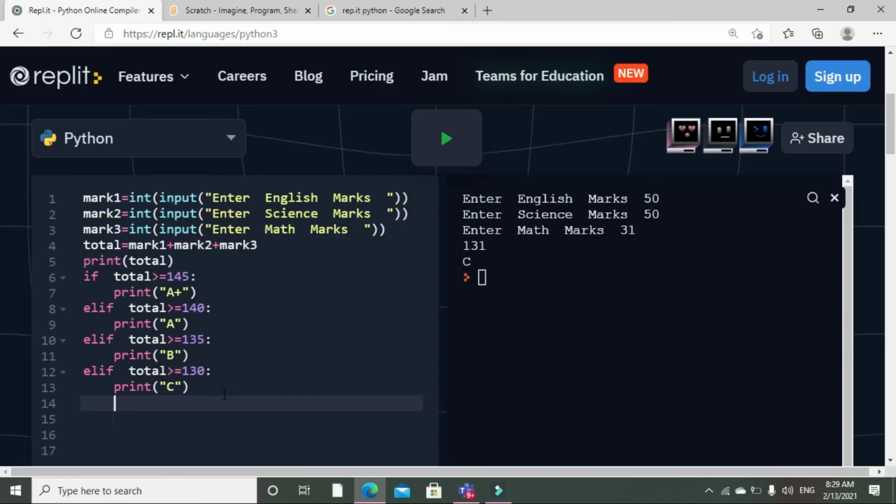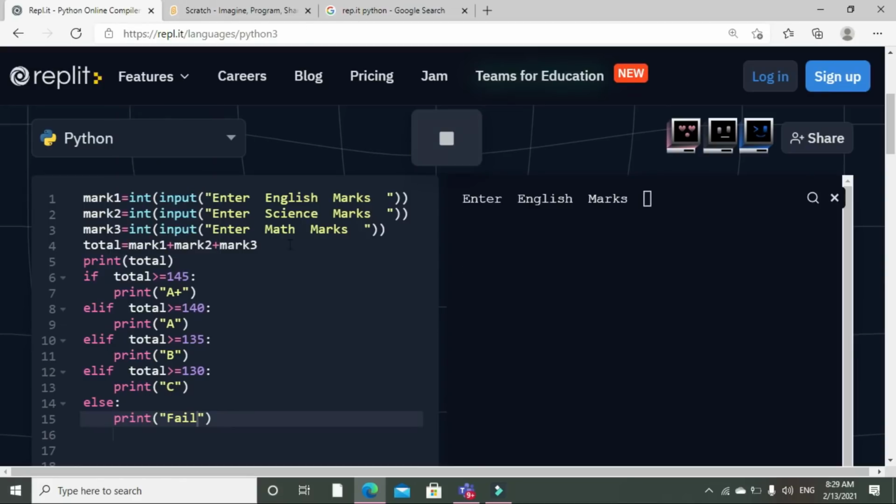else, what we used before, yani otherwise, print fail. See, I'm writing in inverted commas, that means it will come the same. If I'm using a variable, I will not use inverted commas. So if the conditions are not true, suppose I put here 50, 50